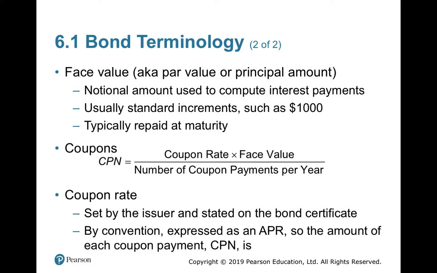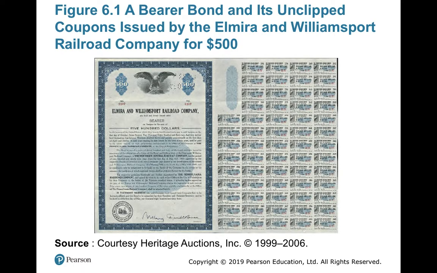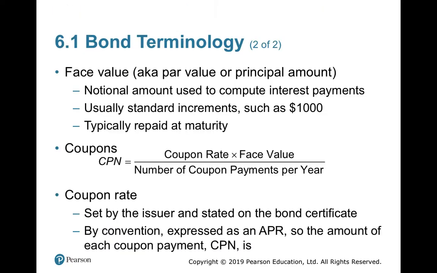Now, hope it is clear now. Coupon rate is set by the issuer and stated on the bond certificate at the very beginning, at the time of issue. Any fluctuation in this, the bondholder can go to the court of law, because this is the agreement. In the contract paper known as bond certificate, everything is mentioned. It's a bond paper, you have seen here, the certificate on which the coupon is mentioned at the time of issue.